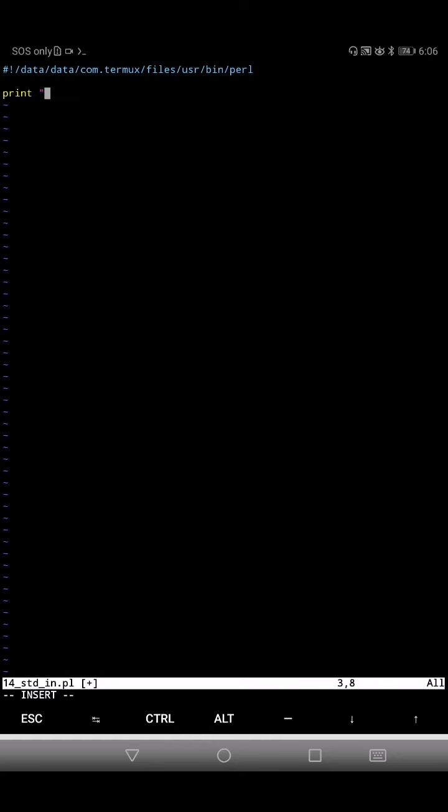Say print "Please enter the message". This line will be printed on the terminal screen, and we will declare one variable, like $message equal to.